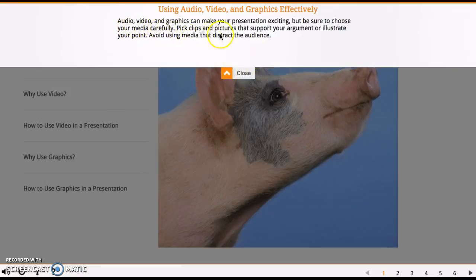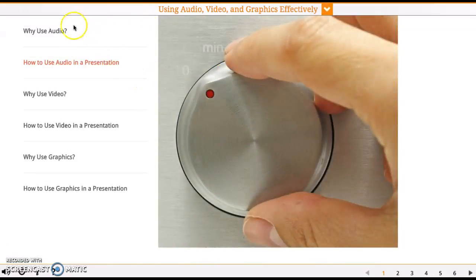Audio, video, and graphics can make your presentation exciting, but be sure to choose your media carefully. Pick clips and pictures that support your argument or illustrate your point. Avoid using media that distract the audience. So don't just put in a picture because it's funny or because you think it's beautiful or for whatever reason. It needs to actually have a purpose. All right. Now,